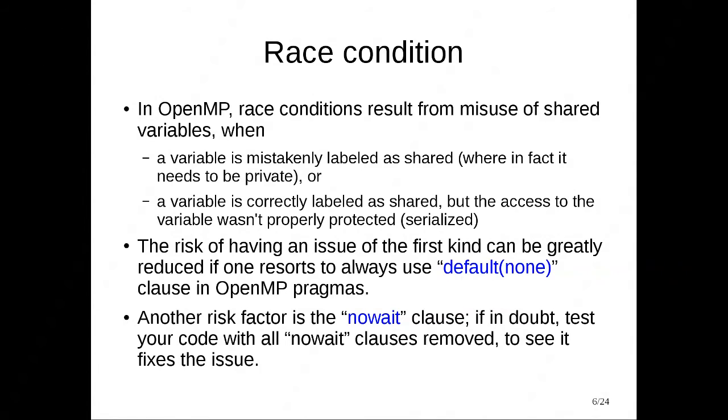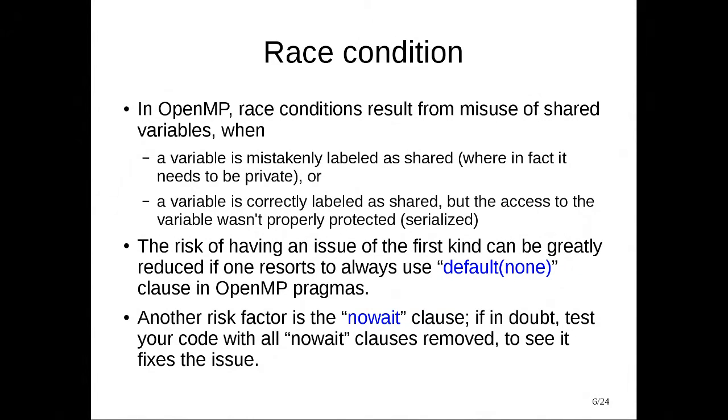Once you do that, the system will force you to explicitly label all the variables you use inside a parallel region as either shared or private, or perhaps firstprivate or lastprivate. If you forget to do that, you'll get a compilation error. You'll be forced to go back and think carefully about which variable has to be shared and which has to be private. And the general rule, if you want to minimize the chance of race conditions, is to try to